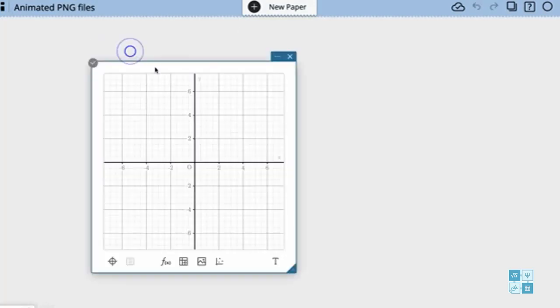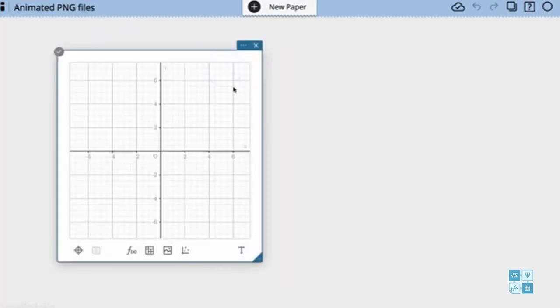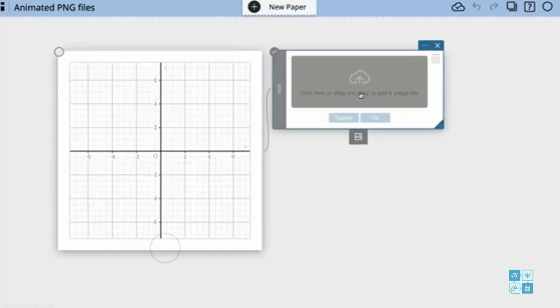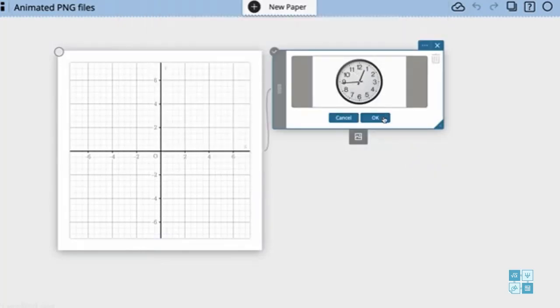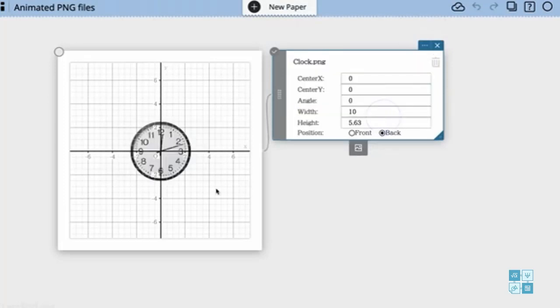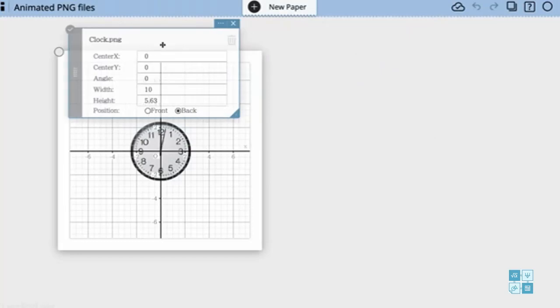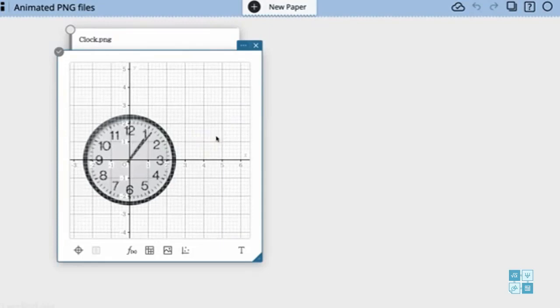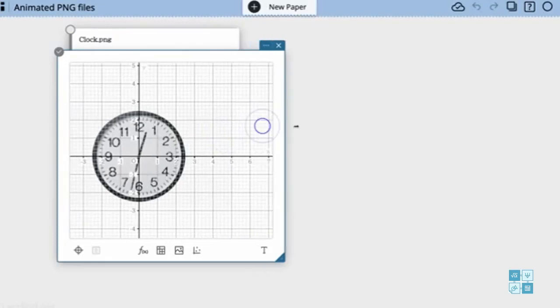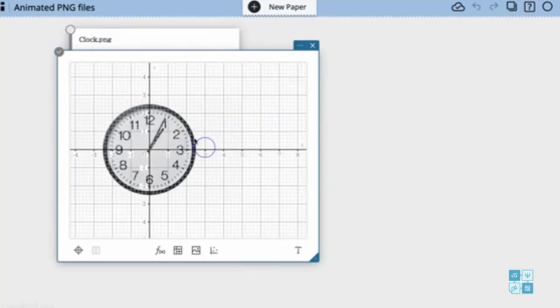If you Google any kind of movie file to PNG, it will convert. So there's lots of places you can convert your animations or your movie files over to PNG files. And those animated PNG files, as long as they're under 5 megabytes, you'll be able to use them in ClassPad. And I'm importing it just the way I would import a regular picture, the same way you would add, say, a JPEG file or anything like that. It does not handle GIF files. So the only one you can do it with is animated PNG files.